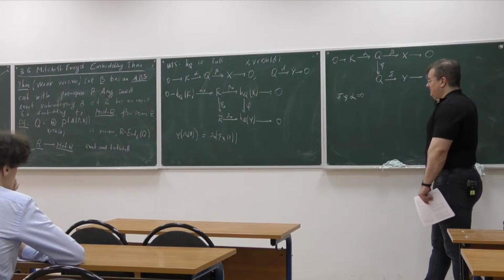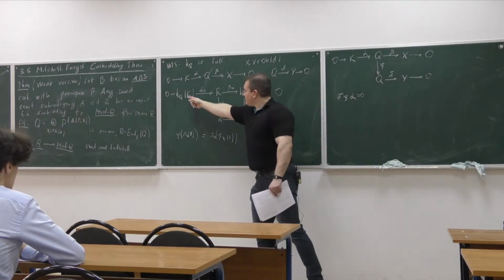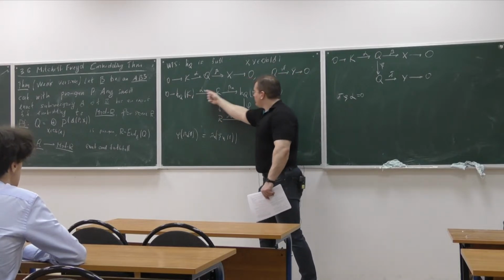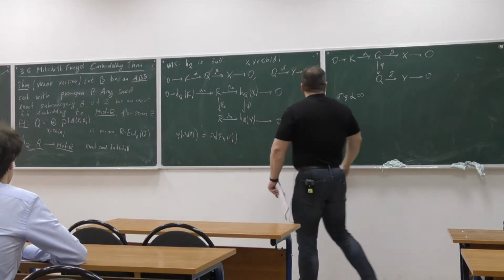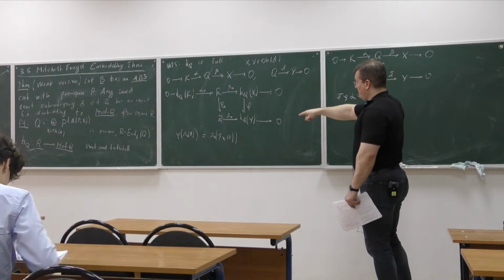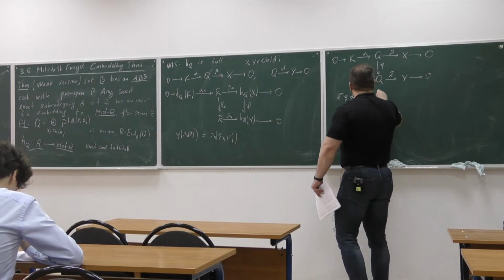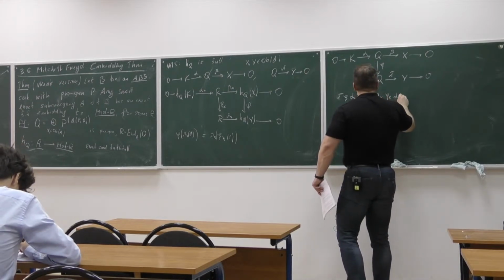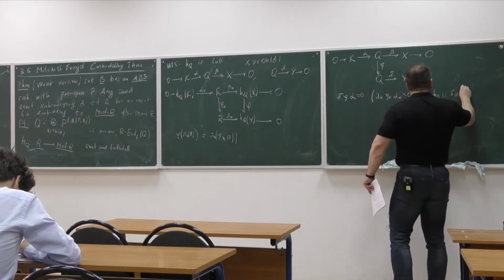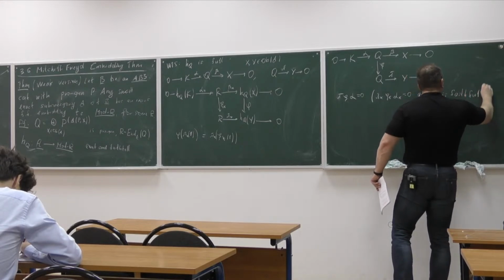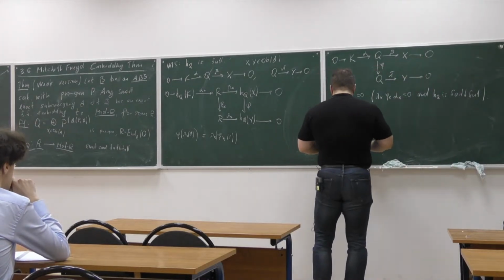Well, what if I add stars everywhere for these 3 maps? Then I'll get 0, right? So this thing is 0. Because I can as well go like this, which is 0, since this is exact. Then apply some maps, it's still 0. But a functor H sub Q is faithful, right? So pi lower star, psi lower star, alpha lower star is 0 and H sub Q is faithful. Hence this map is 0. Okay, so this composition is 0.